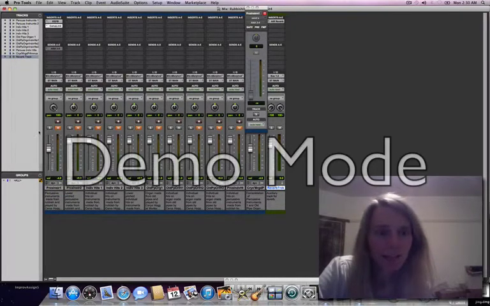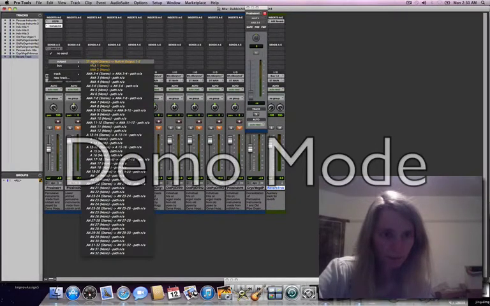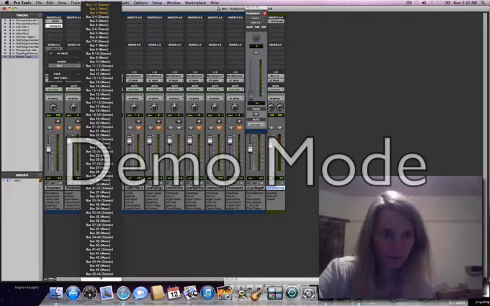Now, I mentioned that I was going to deal with post-fader sends. This is for delay effects like reverb, and so you can have a post-fader send. I'm going to send it to a bus, which is bus 1 or 2,